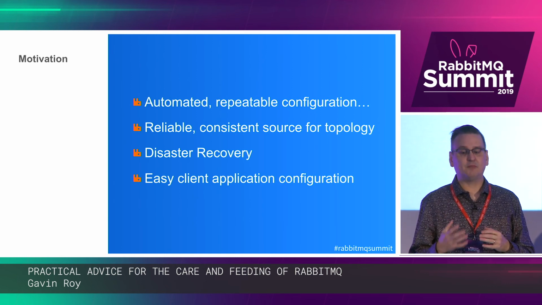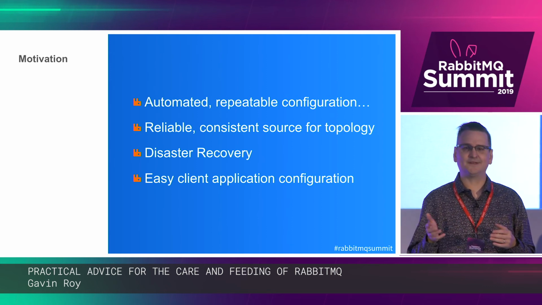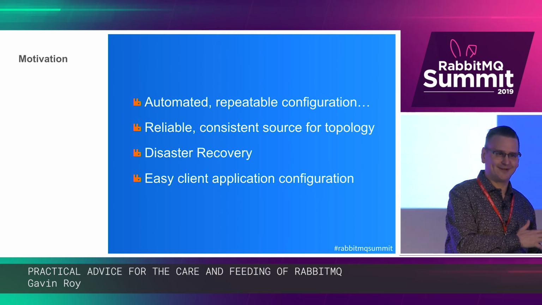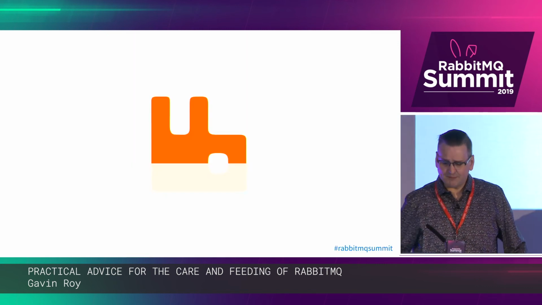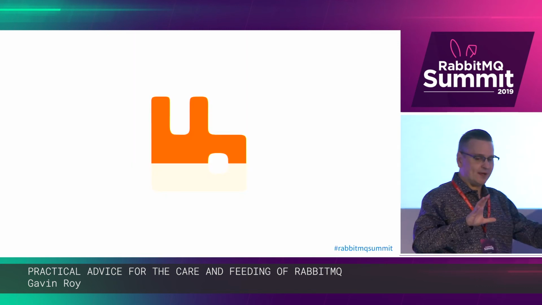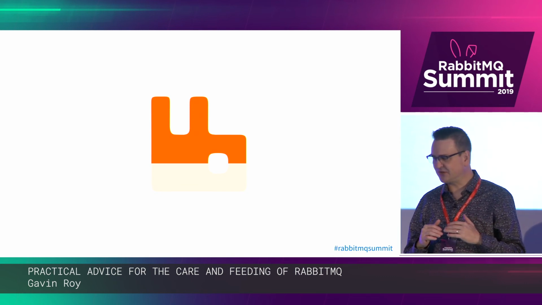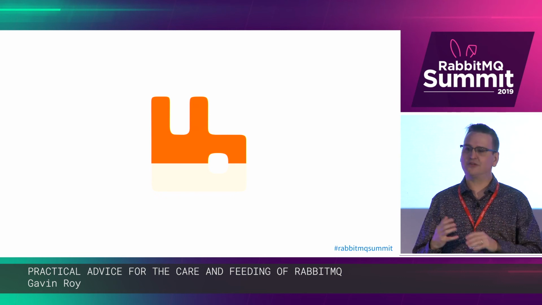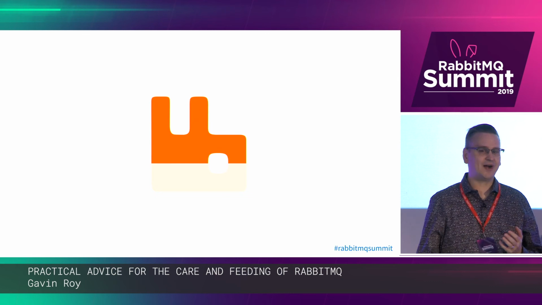Finally, for them, it meant very easy client application configuration, because if the client application is the thing doing the configuration, you don't have to worry about the other side, right? The application's doing it all for you. From my perspective, though, that was really taking RabbitMQ and only using part of its functionality. There's a lot more to Rabbit than just the AMQP protocol and the ability for these applications to connect and do these things. You've got the management UI.